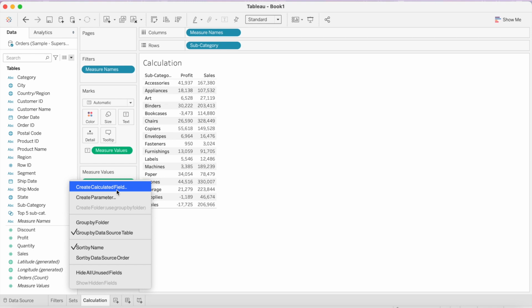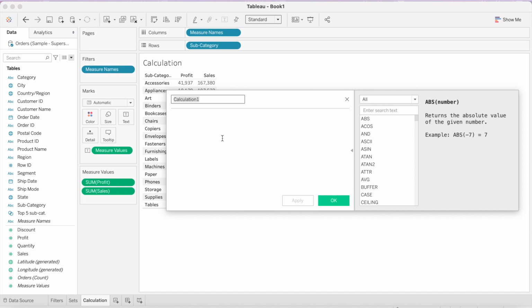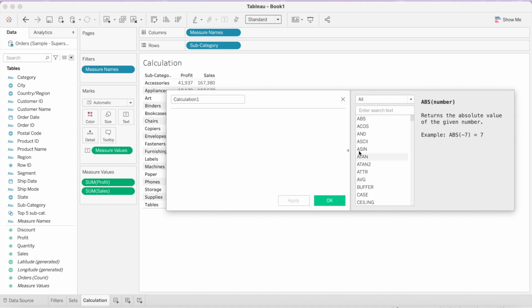So click on that, and you can see that a dialog box would appear wherein you can perform all your calculations. Here on the right hand side, you can see different types of functions categorized by number, string, date, logic, type conversion, which you can choose from, and you can find a brief explanation of all these functions with their syntax.